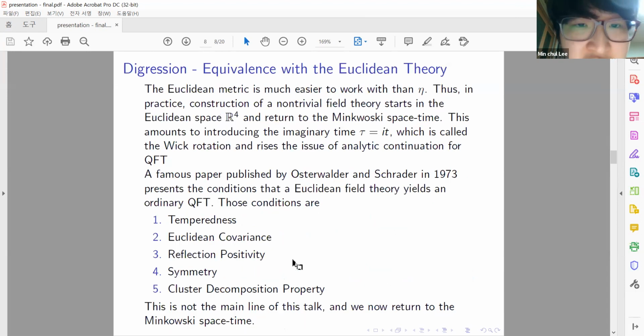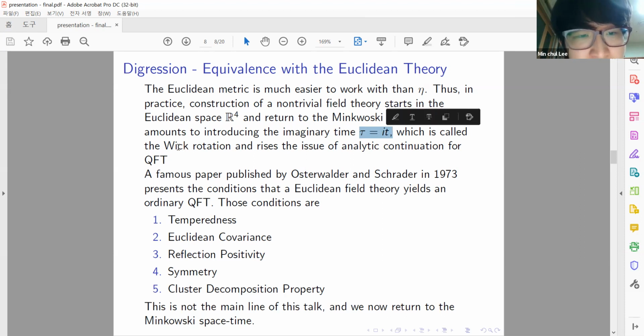And there is a little bit of digression, which is that our Minkowski quantum field theory is equivalent with the Euclidean theory. The Euclidean metric is much easier to work with than the Minkowski metric eta, because the Euclidean metric is positive definite. Thus, in practice, construction of a non-trivial field theory starts in the Euclidean space R4, and then we return to the Minkowski space-time. This amounts to introducing the imaginary time,